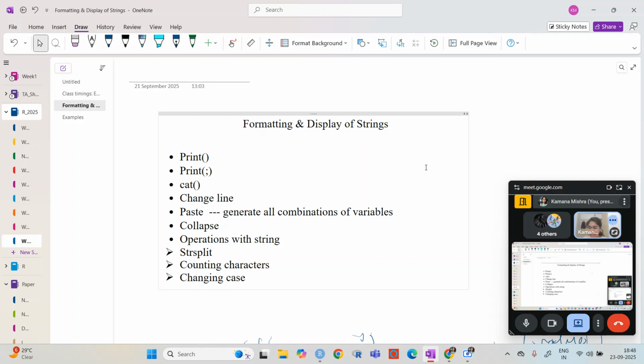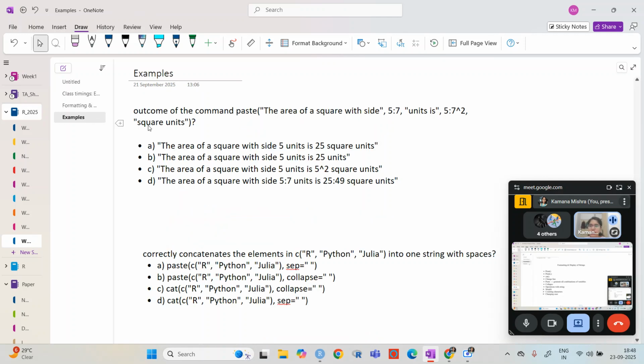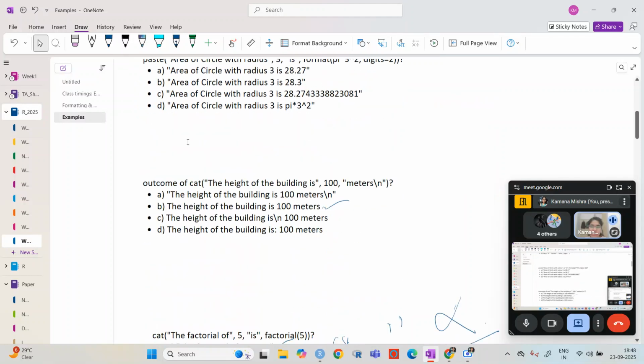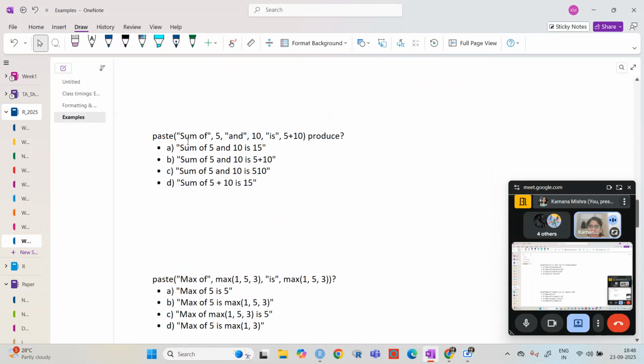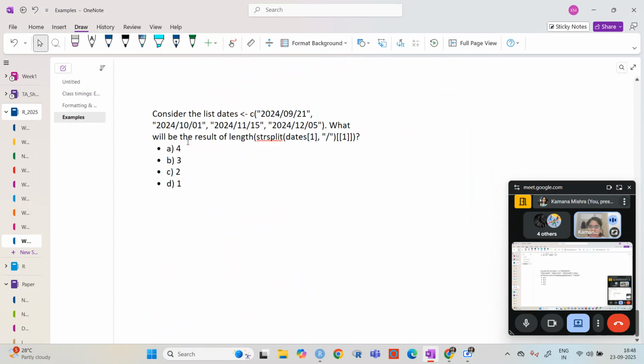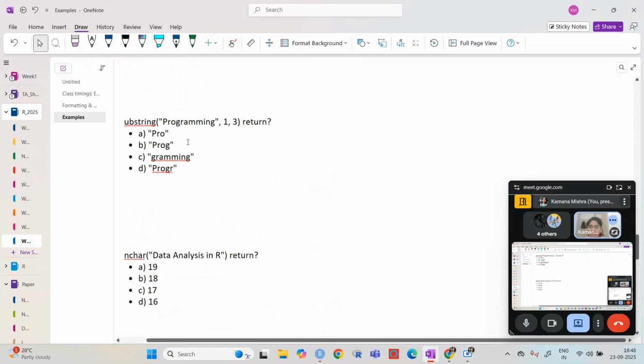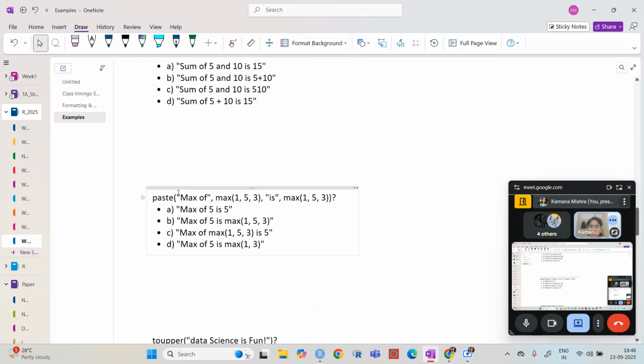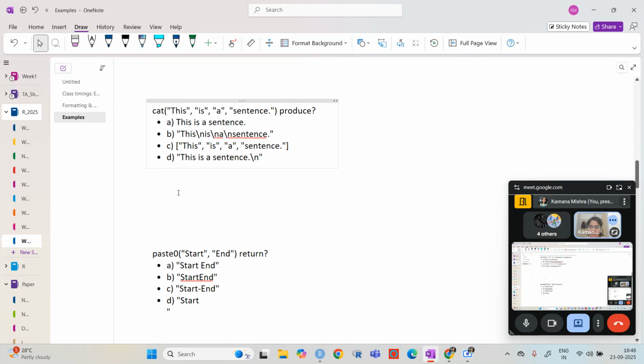Now, as you can see in the example, there is the paste function, and if we go somewhat downward, then there is a paste0 function too. Yeah, here.